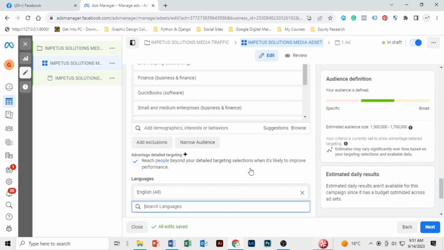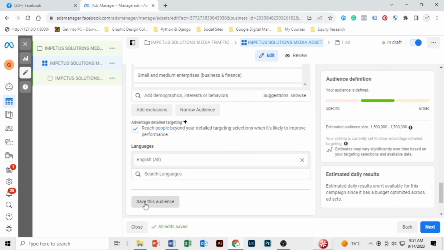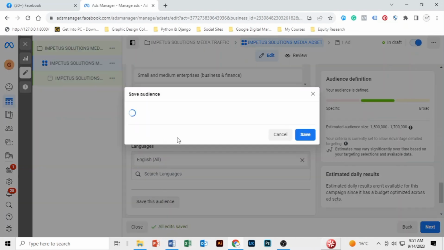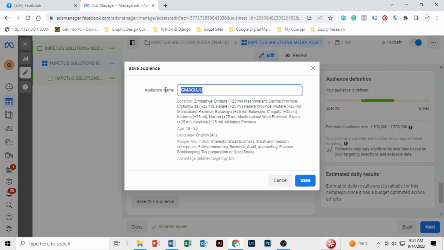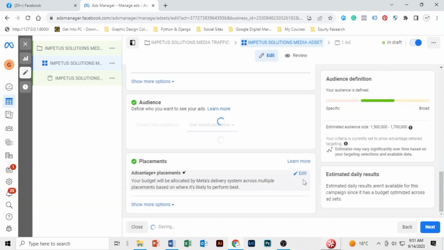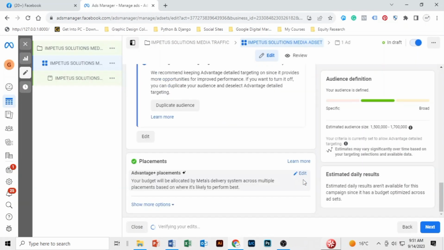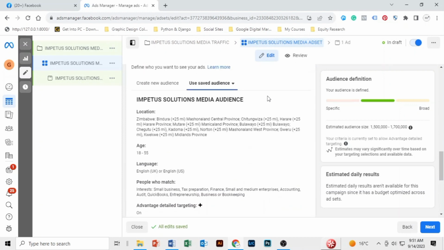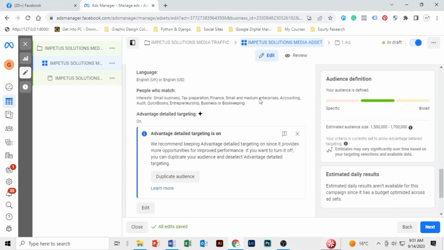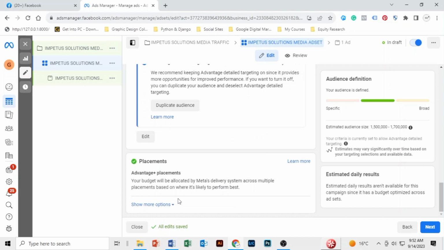So it's time now to save. Let me save my audience so that I can use it in the future. So here I can save that, so I can write Impetuous Solutions Media Audience, right? So I can save that. So let me save that. So you can see Impetuous Solutions Media Audience. Now it's time